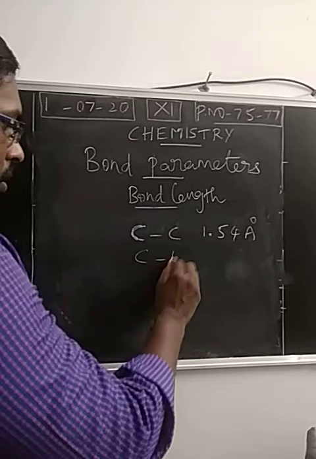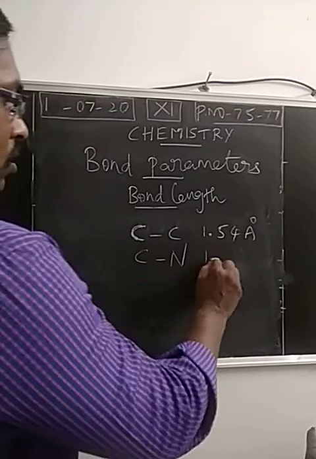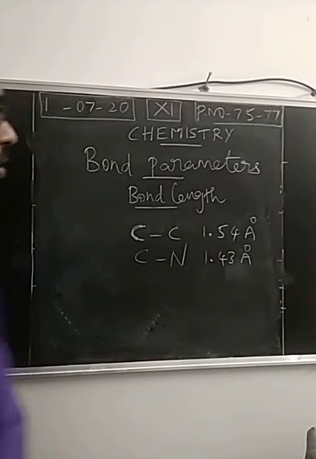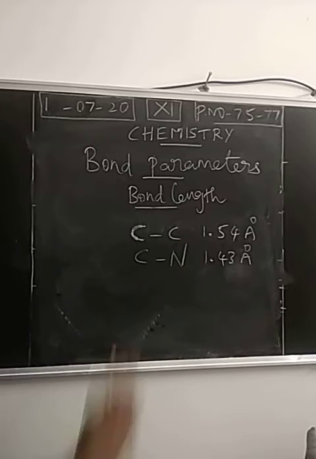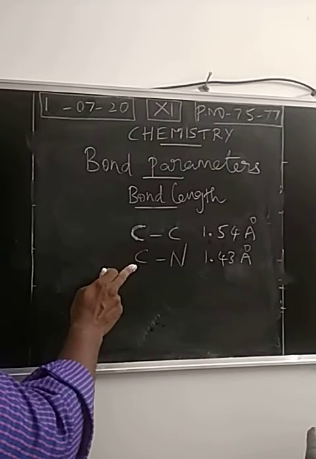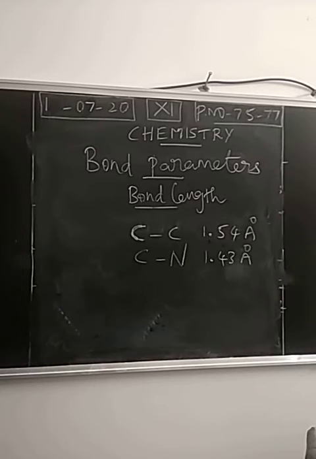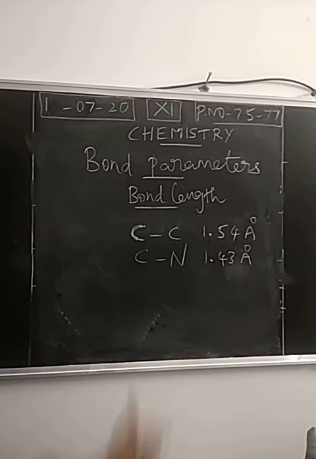At the same time, if dissimilar atoms are combined together to form a molecule, here bond length is reduced to 1.43 angstrom. So bond length depends on the size of an atom. So here 2 carbon atoms with a similar size, bond length between the carbon atoms is 1.54 angstrom. Comparing the carbon, nitrogen has lesser size. So atomic radius has reduced, because when we move from left to right, atomic size decreases. So between carbon and nitrogen, bond length for this single covalent bond is reduced to 1.43 angstrom.